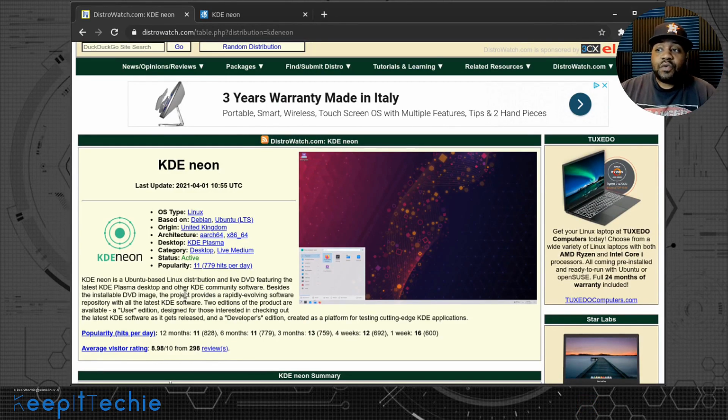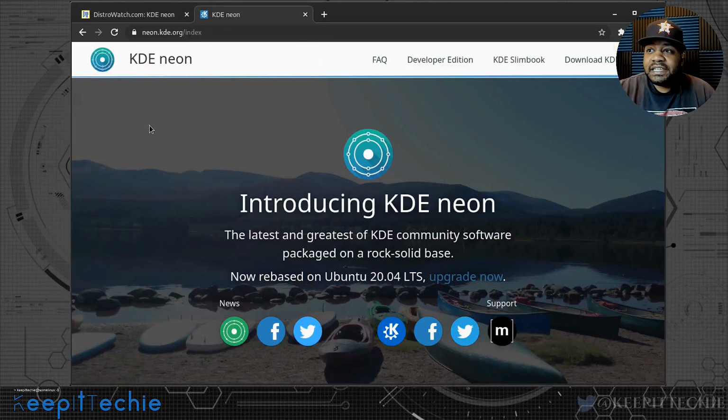It's actually 4 different versions that you can download, but I'll show you all of them. You'll see that once we get to the KDE Neon page. So let's go there now. And I already had a link open,